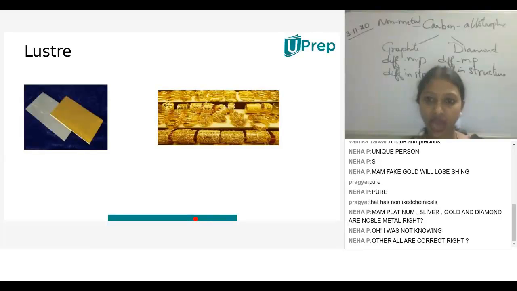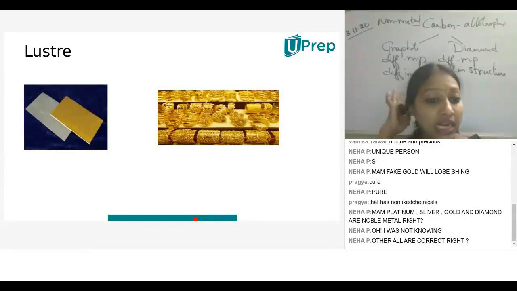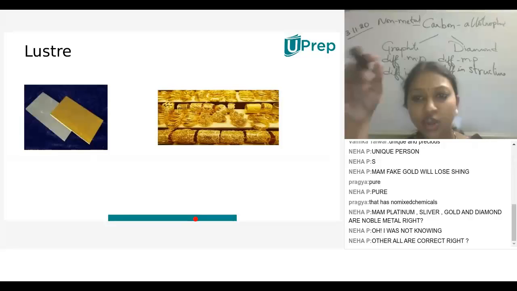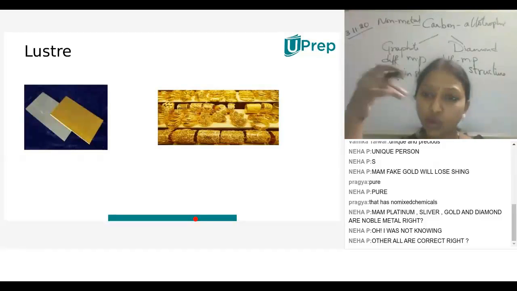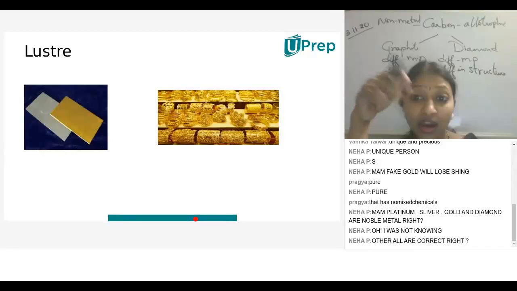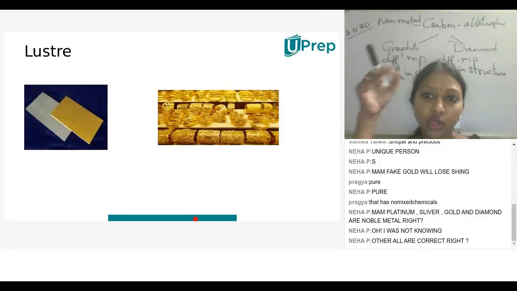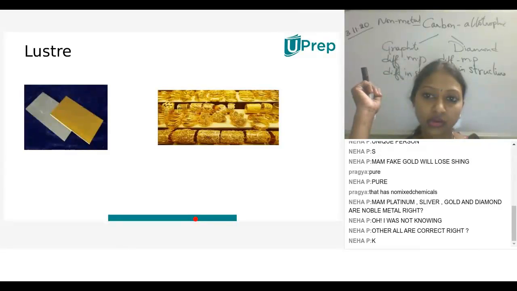Graphite is also a kind of carbon which is used in lubricants and pencil leads. Have you seen pencil leads? Yeah, ma'am, I have seen. Pencil lead is nothing but carbon, no? Carbon is graphite. Graphite is also used in lubricants in automobiles for frictionless flow of machines. In the automobile field, they give lubricants. Especially we see it in advertisements also. Lubricants, what will they do? They reduce the friction between the machines for free flow. Understood?